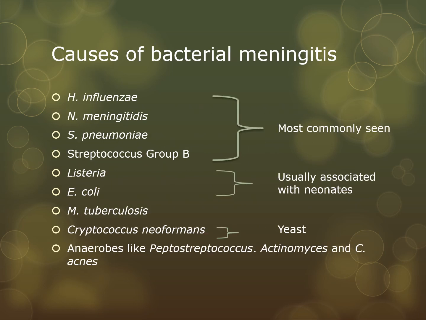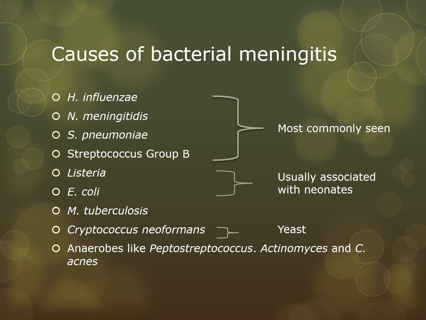Now, like I said, any organism can cause bacterial meningitis, but let's talk about some of the most common. Haemophilus influenzae, Neisseria meningitidis, Streptococcus pneumoniae, and Streptococcus group B are all more commonly seen in infants, especially infants 1 to 23 months. Now, in people that are usually a month old or so, if they're going to get a spinal fluid infection, it could be Listeria or E. coli,